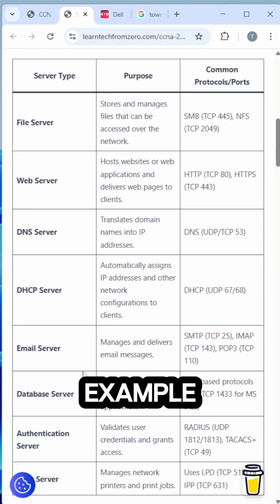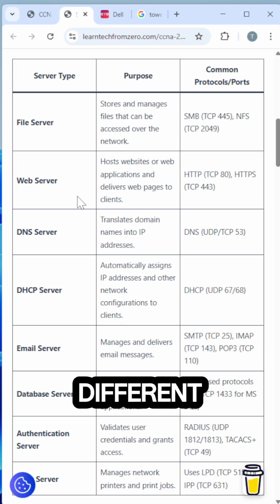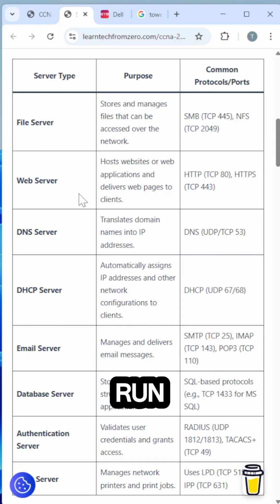So for example, a Windows Server 2022 can run all these servers in one machine. So you can run all these servers in one Windows operating server. So let's say Windows Server 2025. If you install Windows Server 2025, you can install features and roles for file sharing, web server, DNS, DHCP, email server. So you can run all these different servers within a server, or you can just run each